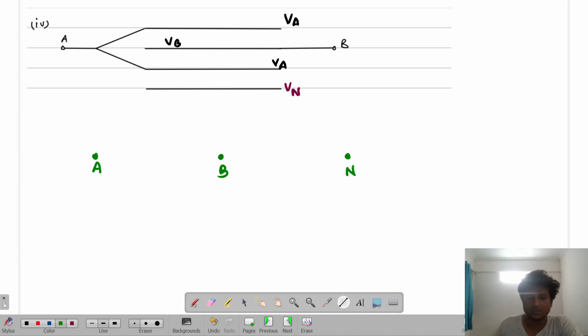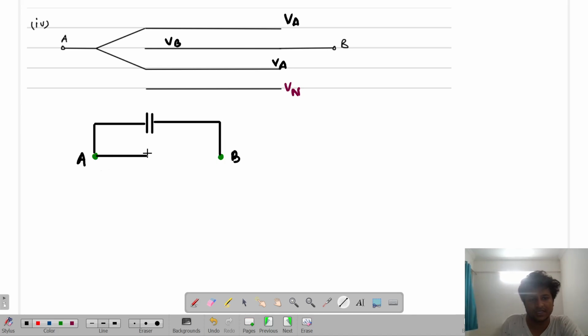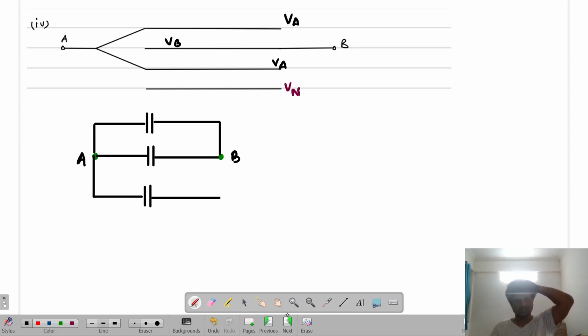So look over here. No, it's not at B point. I'll have to mark. Okay, let us first draw the diagram of A and B. You'll get the idea why I said that. So first capacitor is done. Then VB to VA, second capacitor is also done. Then the third one is not connected with anyone. It's just a capacitor, but at N potential, isn't it?